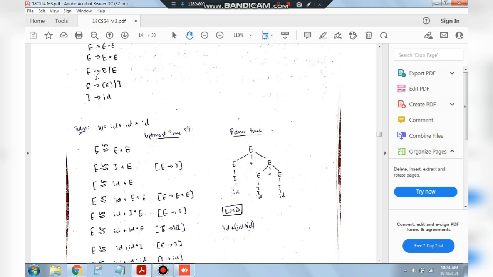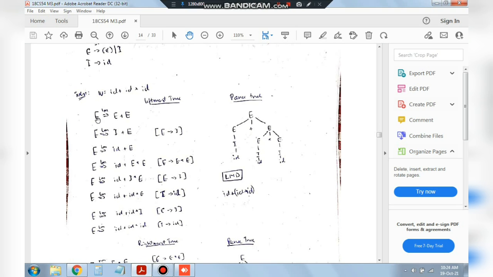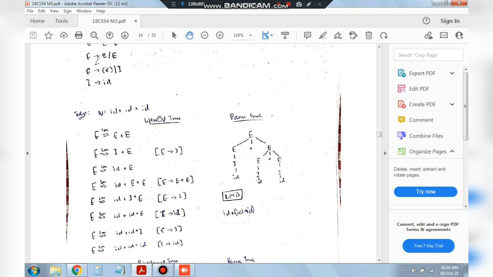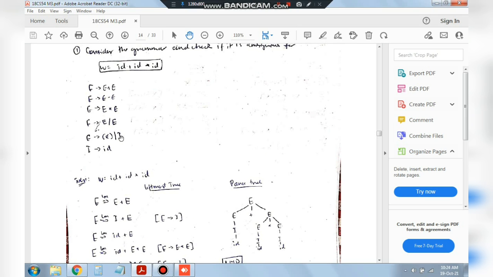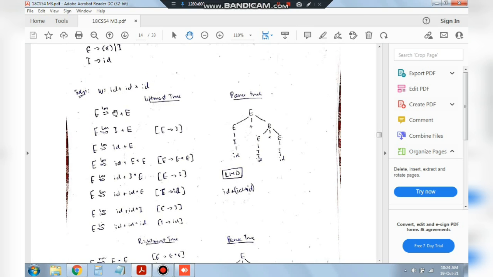Okay, so let's follow the rules and do the derivation. Firstly, we'll be writing here E plus E because it's leftmost derivation, right? And the rule is that E goes to I, then I goes to id. These are two-step process. In the previous question, we have not discussed that. Here we have to take E as capital I, and I will go to id. So firstly we'll start from here, id plus id, so we'll write E plus E, E will be substituted as I, then I will be substituted as id, and then we'll move on to the left part which is E here. E can be written as E star E because the final answer we need is id star id, right? Then there is a substitution part where we'll substitute first as I, then we'll substitute as id. So we'll get here id plus id star id.